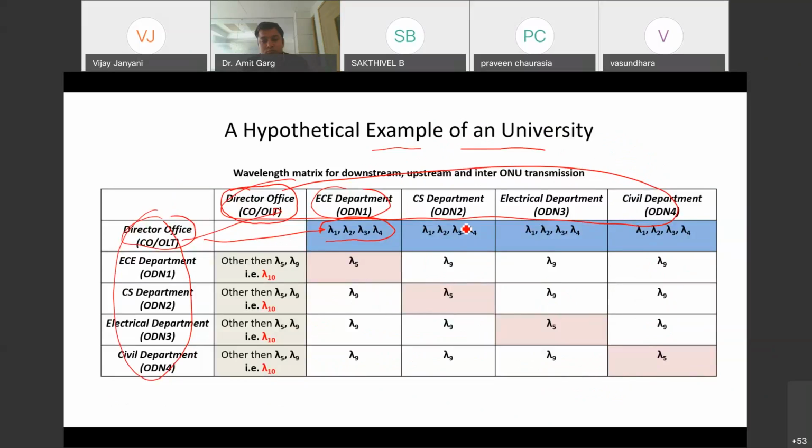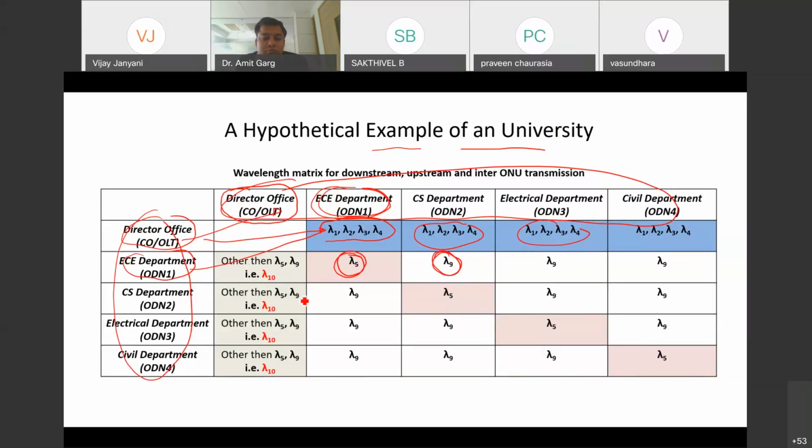For each department, these are the same. You can assign different ones also, but it will be a more complex arrangement. Say the ECE department wants to communicate within the same department, it will use a wavelength of lambda 5. But if not, it has to use lambda 9 with all the other departments.